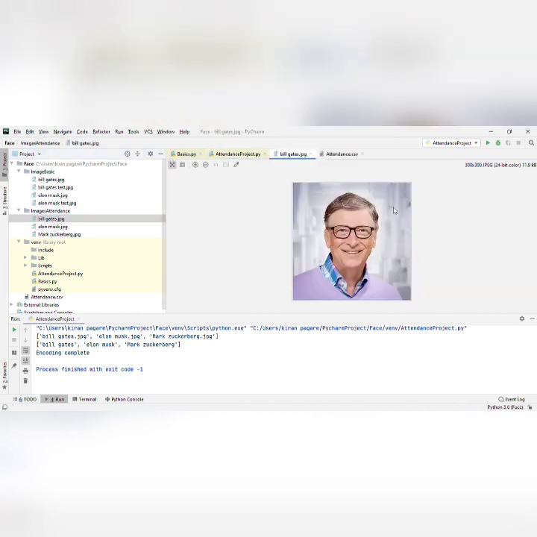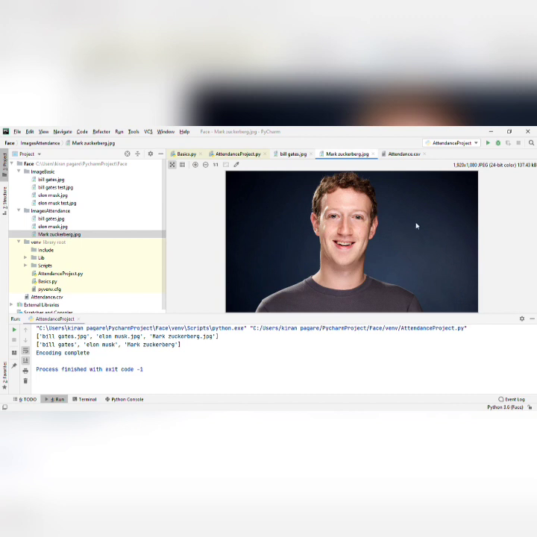The image which I have in my data system is different from the image which I have shown. Even for Mark Zuckerberg, that image is also different. Over here you can see the image which I have shown and the one which is present in my database; both images are different, but it still recognizes the face. It has some drawbacks due to lighting conditions, but it doesn't matter much, because even if the lighting conditions or your face poses are different, it's fine because your face will get recognized.